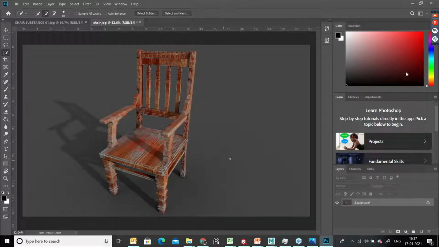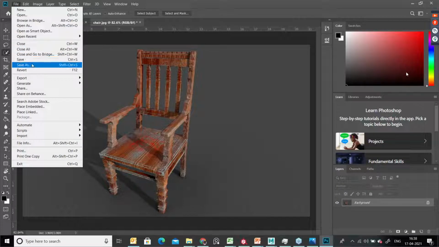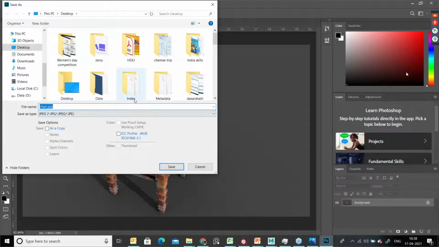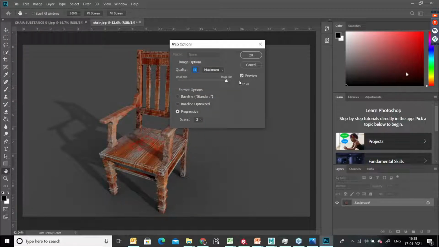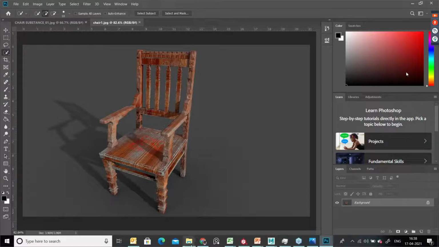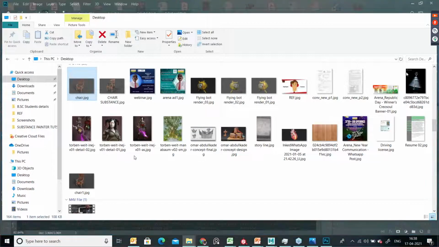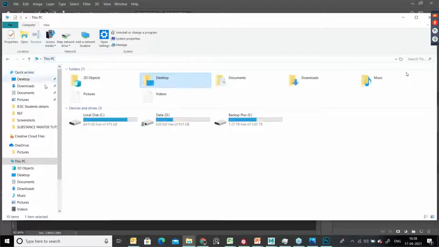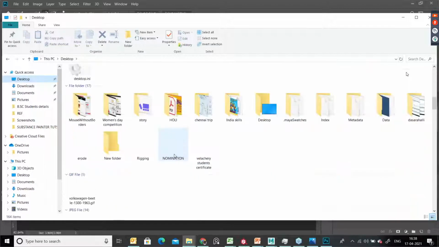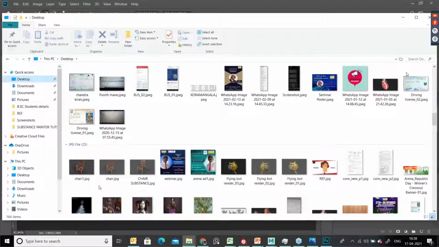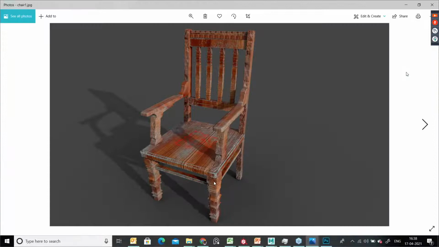Now it's looking very realistic, and you can save it as a JPEG image. Okay, so chair 1, save. Yes, done. Now you can just check it out here. You can refresh this desktop, go back and open chair 1. See here, it's looking very realistic, right?